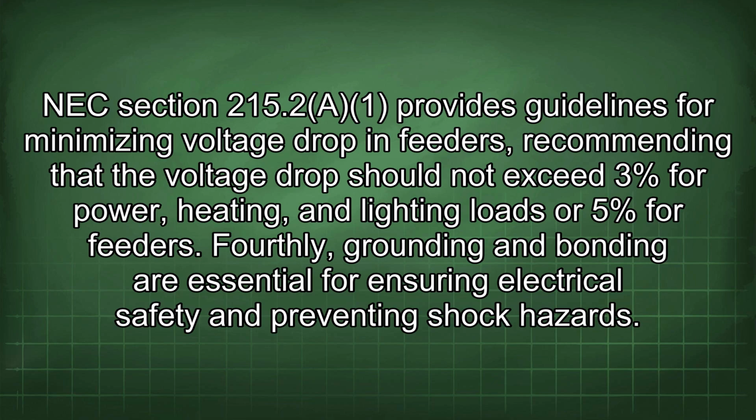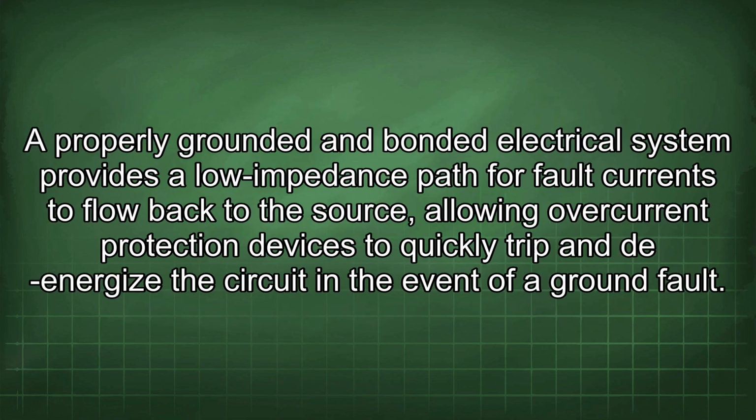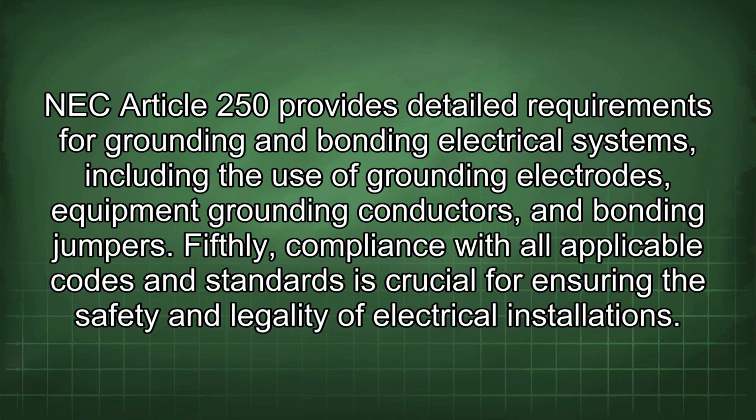Fourthly, grounding and bonding are essential for ensuring electrical safety and preventing shock hazards. A properly grounded and bonded electrical system provides a low impedance path for fault currents to flow back to the source, allowing overcurrent protection devices to quickly trip and de-energize the circuit in the event of a ground fault. NEC Article 250 provides detailed requirements for grounding and bonding electrical systems, including the use of grounding electrodes, equipment grounding